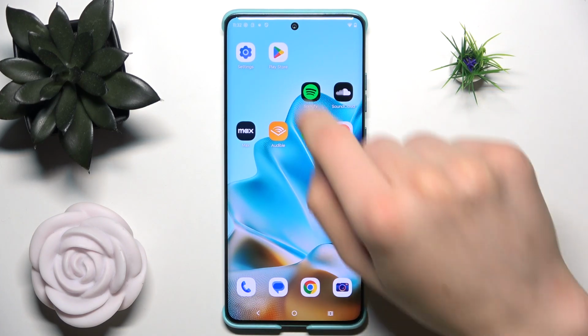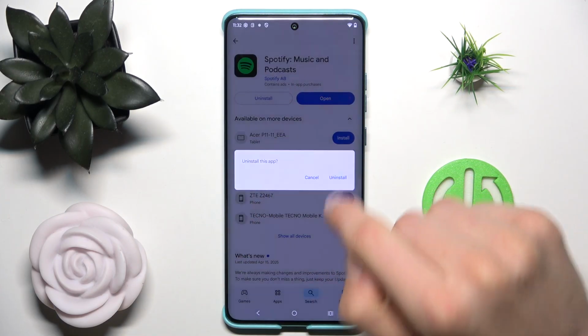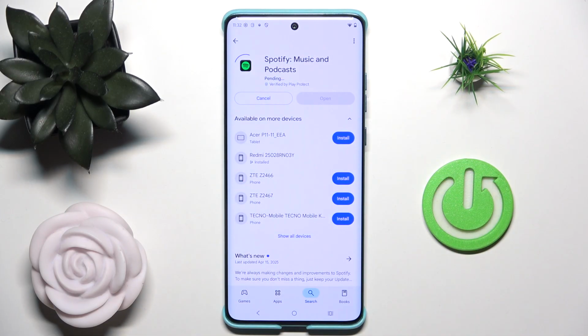way. So last way is just go to the Play Store, uninstall, yes, and just install again, just